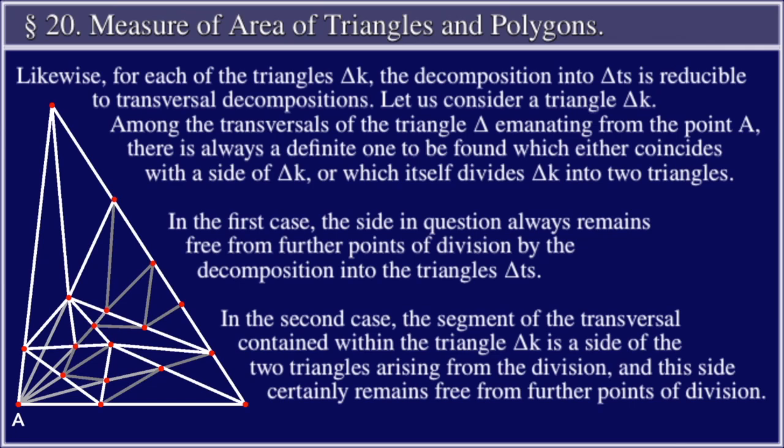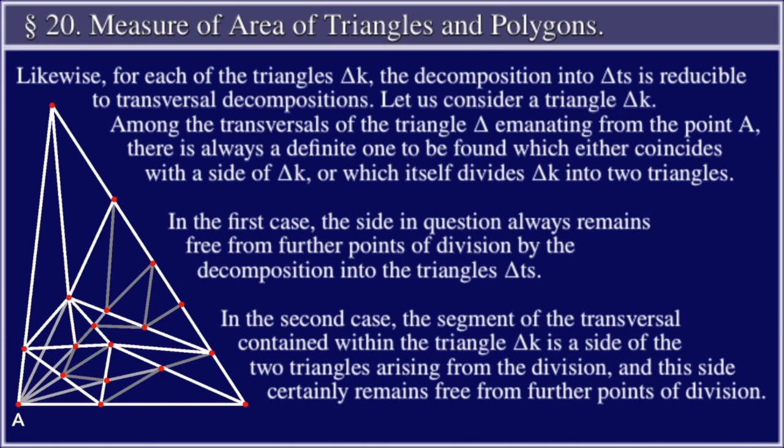Among the transversals of the triangles delta emanating from the point A, there is always a definite one to be found which either coincides with a side of delta sub k, or which itself divides delta sub k into two triangles. In the first case, the side in question always remains free from further points of division by the decomposition into